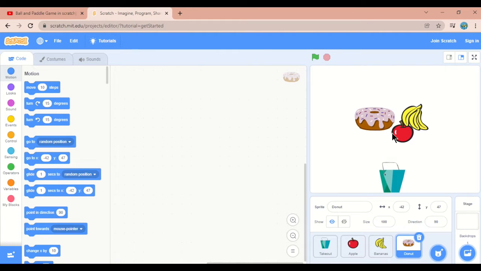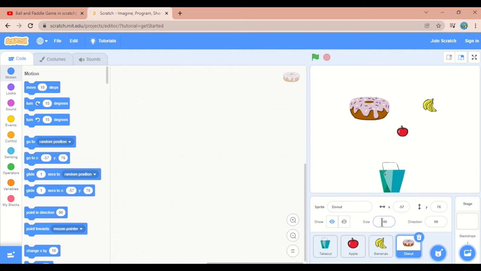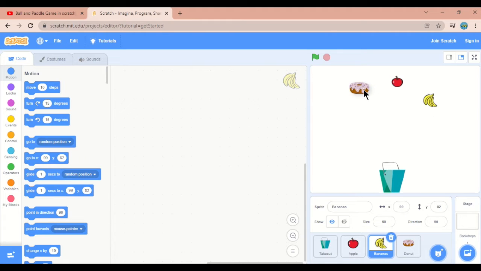But you know that it's big in size, so I select apple, then change the size to 50. I select banana and change the size to 50, and I choose donut. I'll change the size to 50. Now we have three objects: apple, banana and donut.